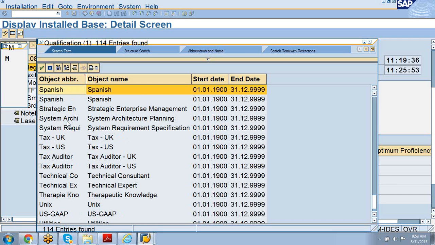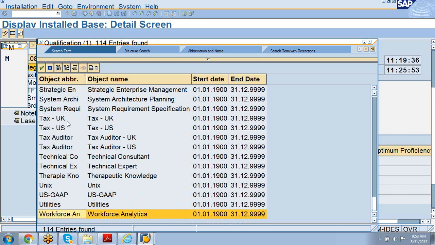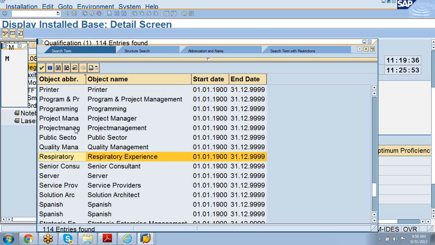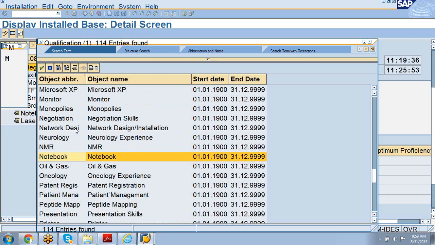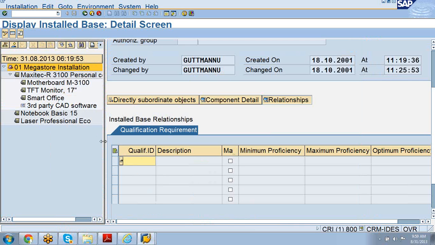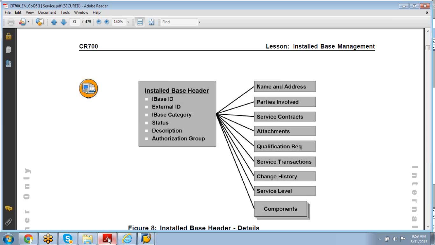It can be a technical consultant or monitor. Monitor can also be, because it is one of the qualification terminology. Yeah, it's in display mode. So here we will see how to create this install base, but let us first understand what this qualification requirement is all about. So if you can see this,